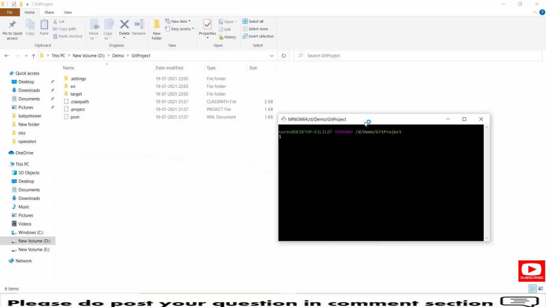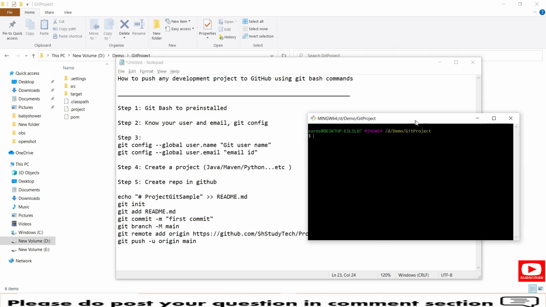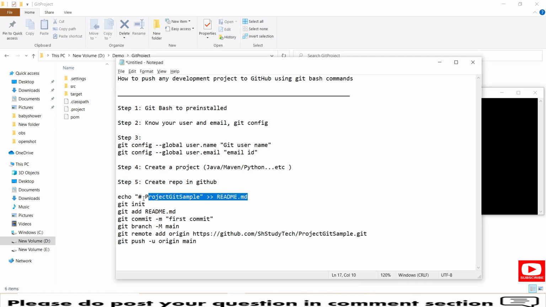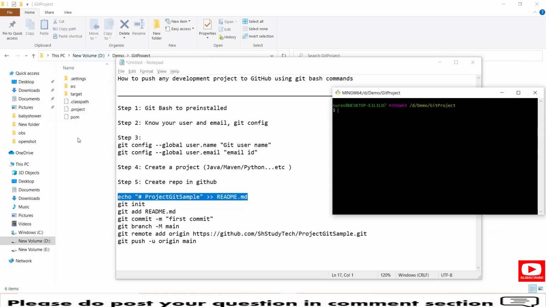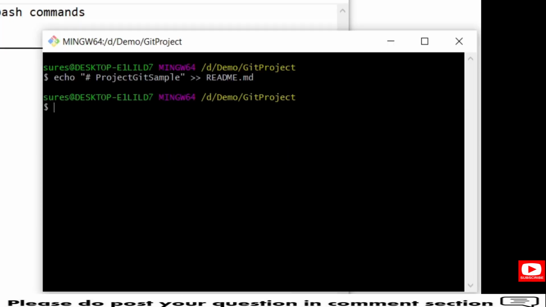So now my Git Bash is in my current project directory, and you need to open these commands, and this is my window. The first and foremost command is echo the project git sample readme. README is a file where you will provide all the configuration and settings information, and user guide information. For now I will commit an empty README file. So let me create it with echo, so that this README file will be created in this project location.